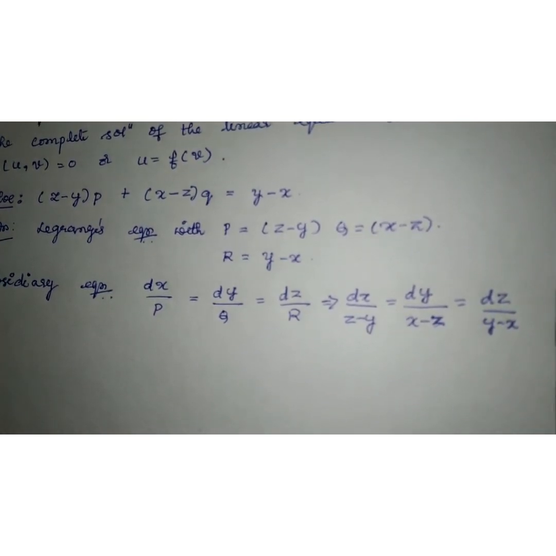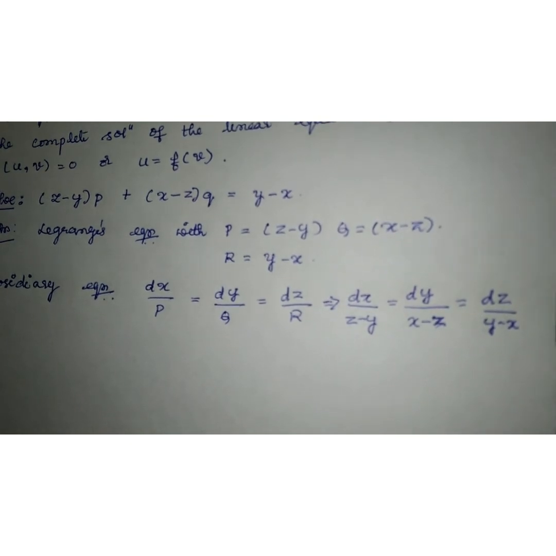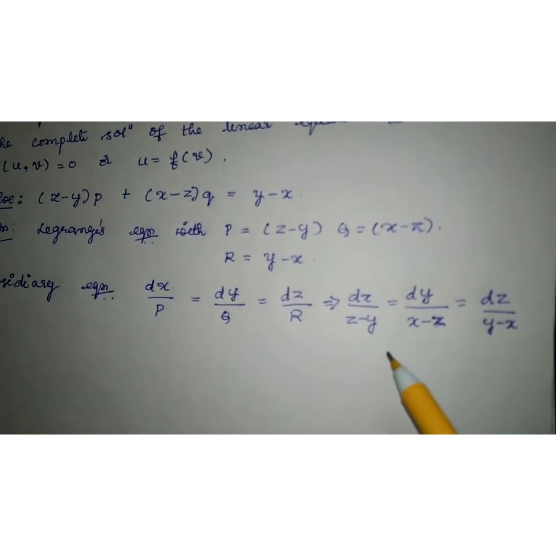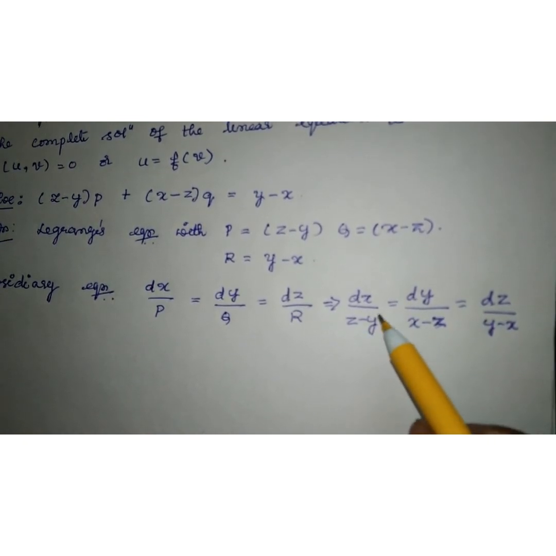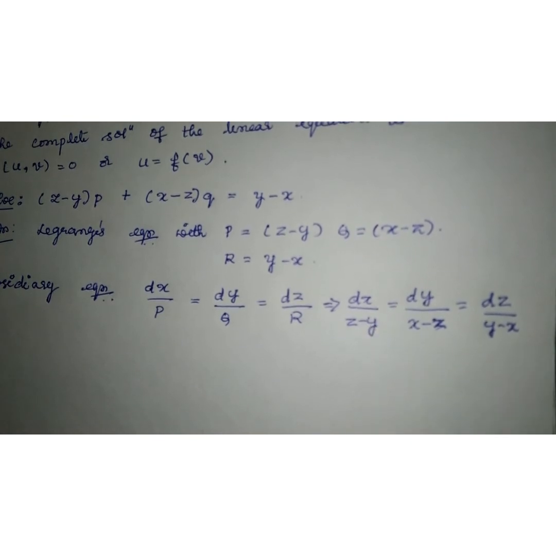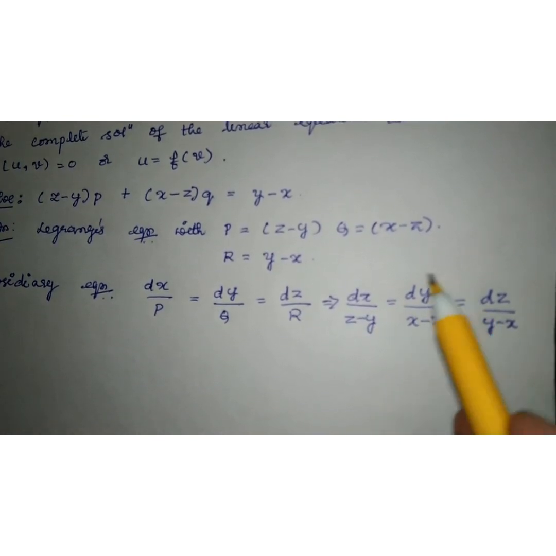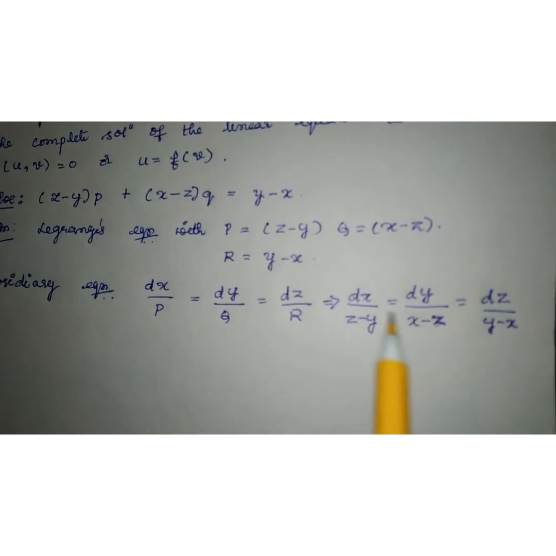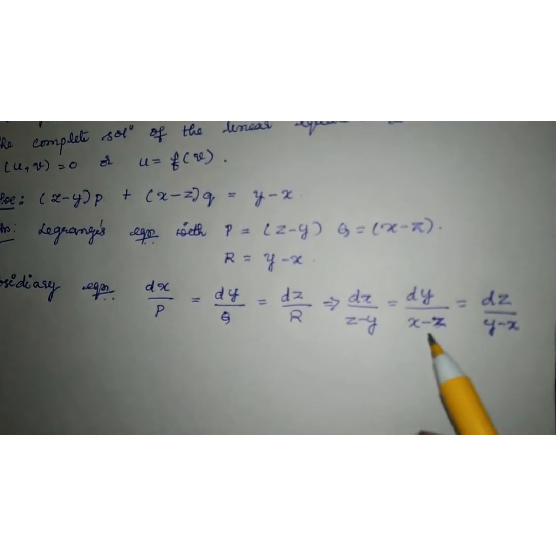Here we should get two independent solutions, so we should find two solutions for this. How to find the solution? Here we can integrate this if we can convert it to variable separable form. I hope all of you know how the variable separable method works. We'll try to arrange the terms by adding or multiplying with suitable multipliers, or by any method, converting this subsidiary equation so that it can be solved using the variable separable method. Let us see how we can do this.